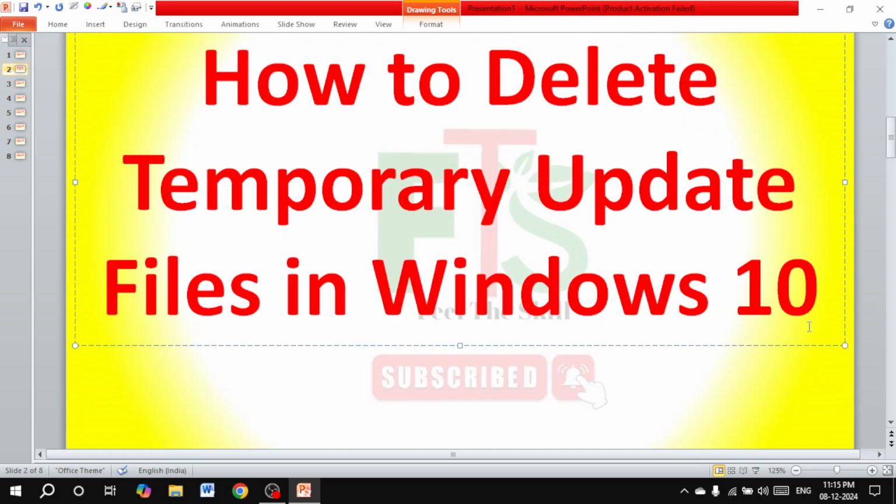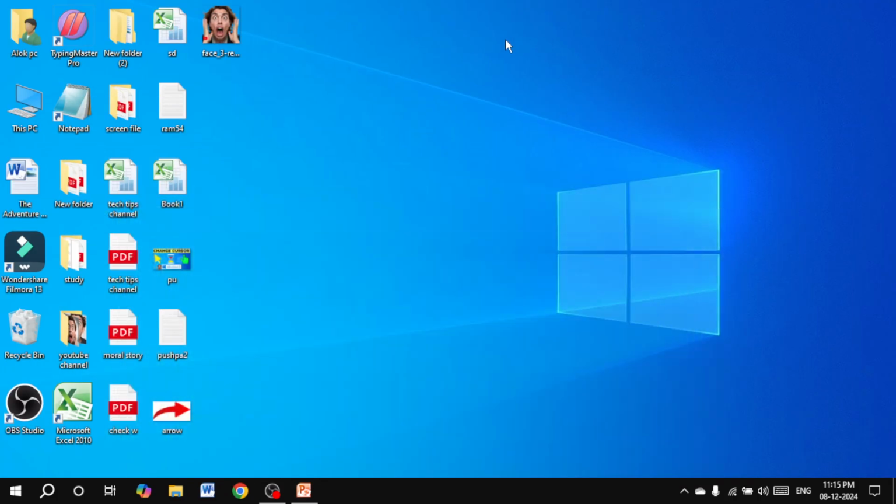How to delete temporary update files in Windows 10 और 11। विंडोज 10 एंड 11 में टेम्पररी फाइल्स को किस तरह से डिलीट करेंगे, आइए हम देखते हैं। सबसे पहले आपको क्लिक करना होगा सर्च बटन पे या फिर विंडोज प्लस आर क्लिक करना होगा।